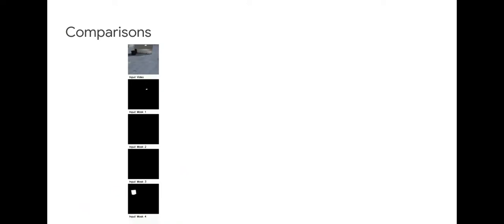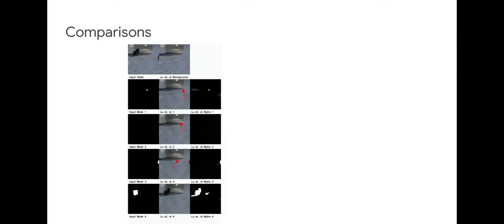We train a model on synthetic videos which contain 2 objects in a single scene. We then demonstrate its generalization ability by testing it on unseen 4-object videos. So here we show the input video at the top and the 4-object masks below. The result from Liu et al. places many reflections in the wrong layer.